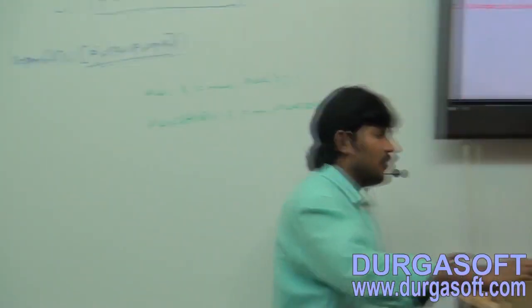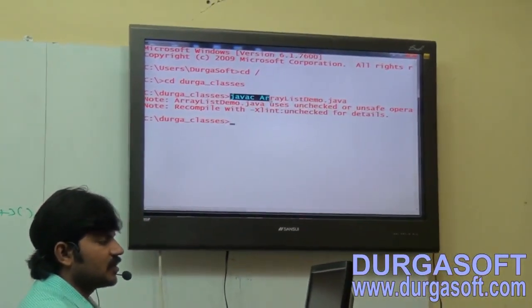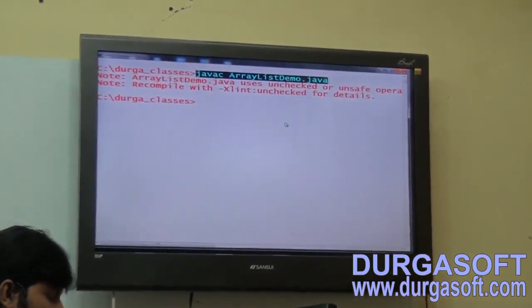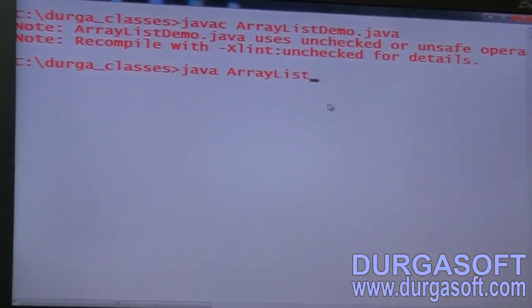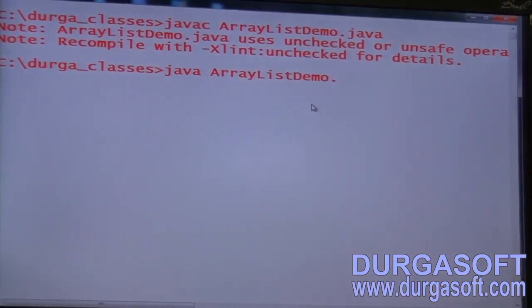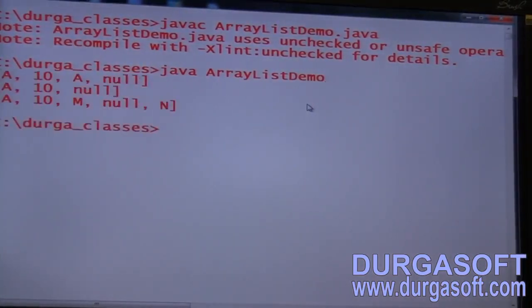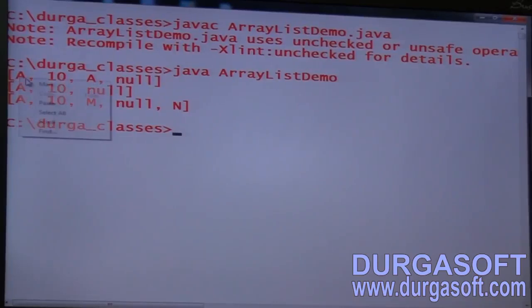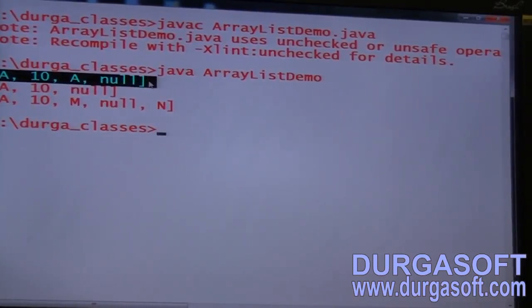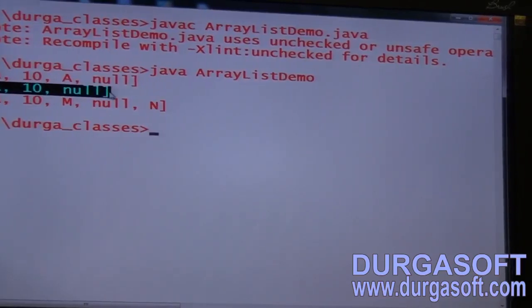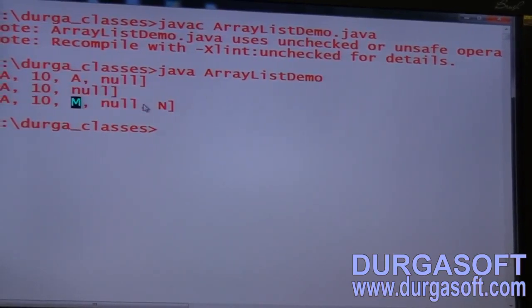Now it compiles already, right? javac ArrayListDemo.java, then java ArrayListDemo. Have you observed the output? First time A 10 A null. After l.remove(2), A 10 null. And then after adding M and N, this is the content.